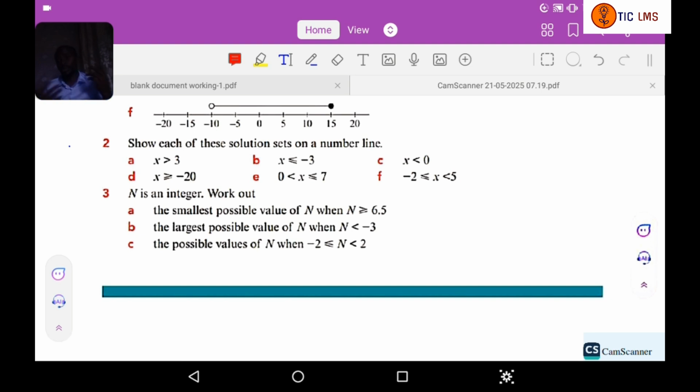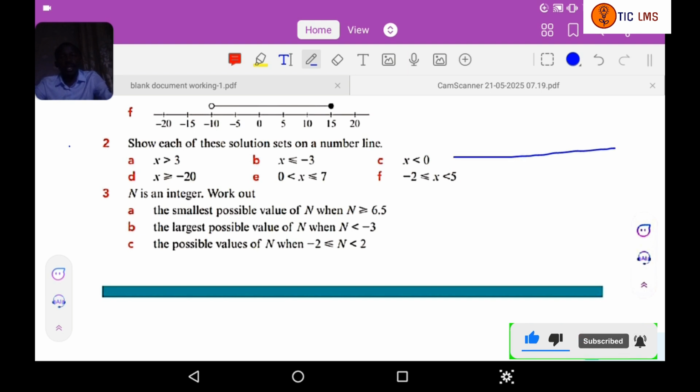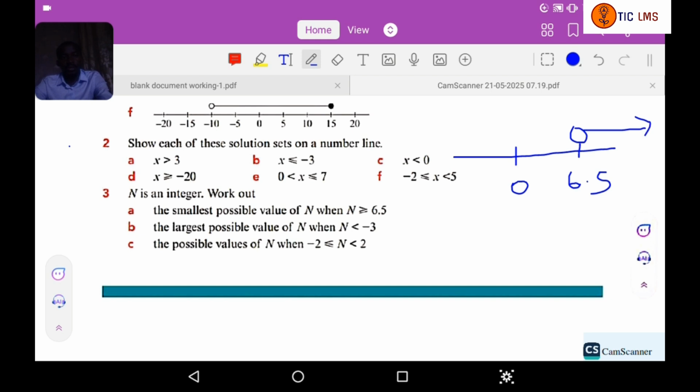Alright, so when we're talking about integers, we're talking about whole numbers. Here is how we go about the first one. n is greater than or equal to 6.5. So we have our number line. Here we have 0, and let's say we have 6.5 here. Now, n is greater than, meaning that we are going to have our circle on 6.5 and then we go to the right. Now, don't forget that it is also equal to, so